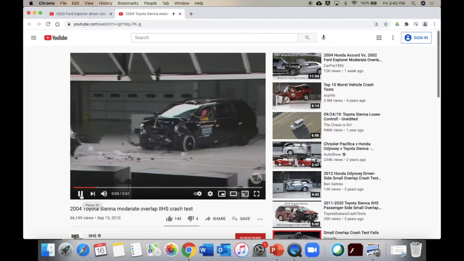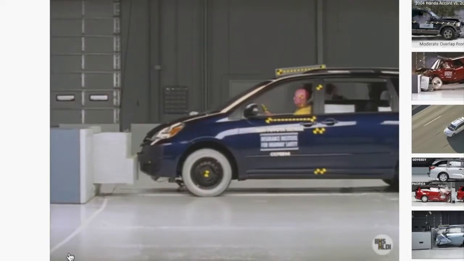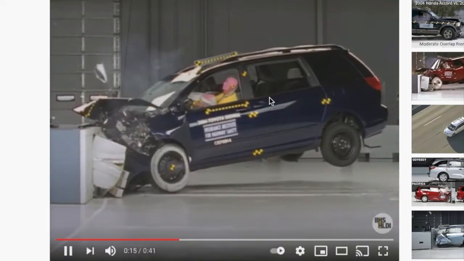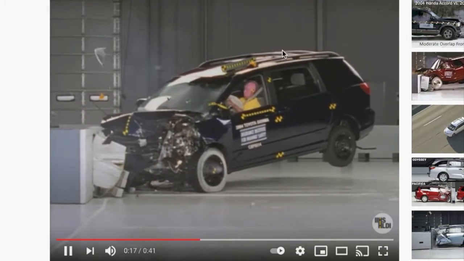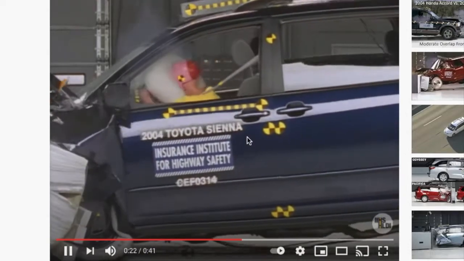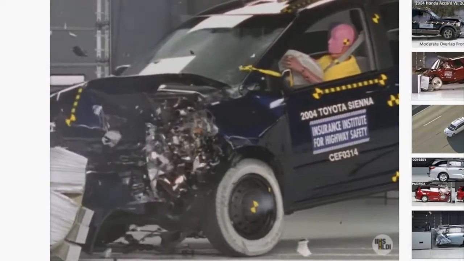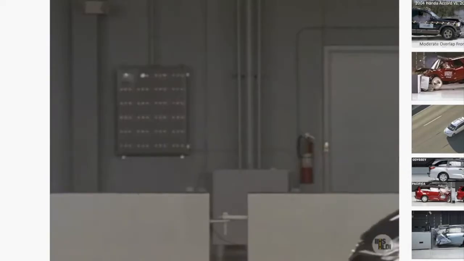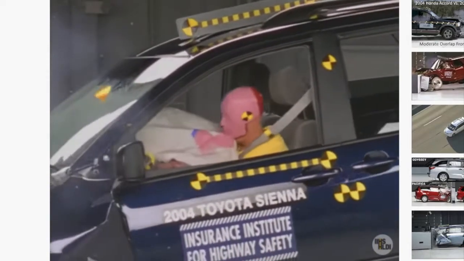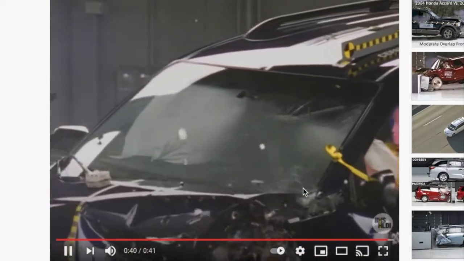And at first it might be hard to tell, is that safe, is it not safe? But look at it, it's going 35 miles per hour, maybe 40. And you can see that crumple zone crumples up front like it's supposed to. The safety cage around the passenger, there's no intrusion. The safety cage doesn't collapse, so it looks like you're pretty safe. And this car actually gets, I believe, a good rating. The highest rating you could get at the time is good, and the worst rating would be poor. In between there's acceptable and marginal. But the Insurance Institute for Highway Safety says the best you can get is good.